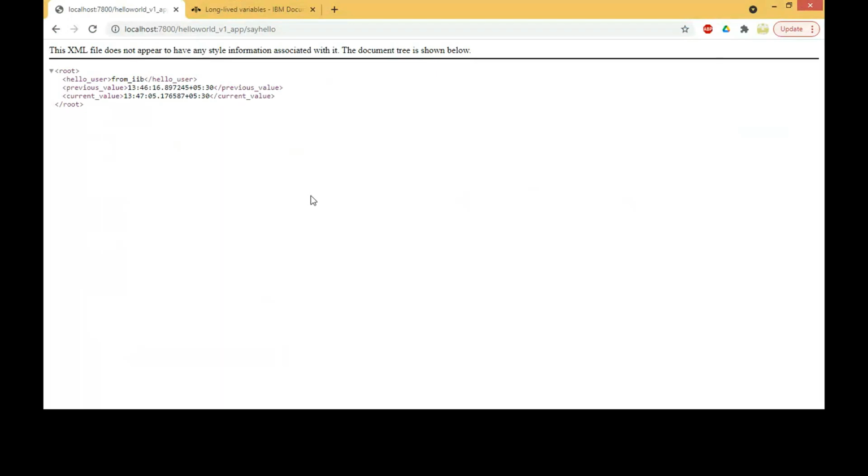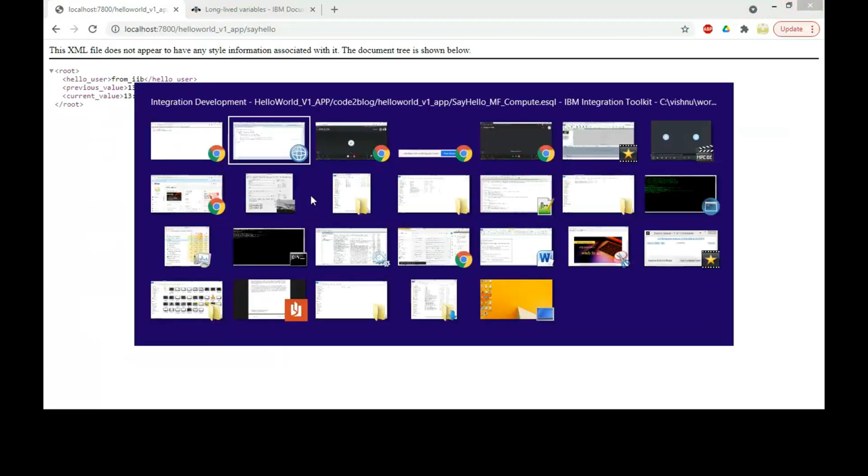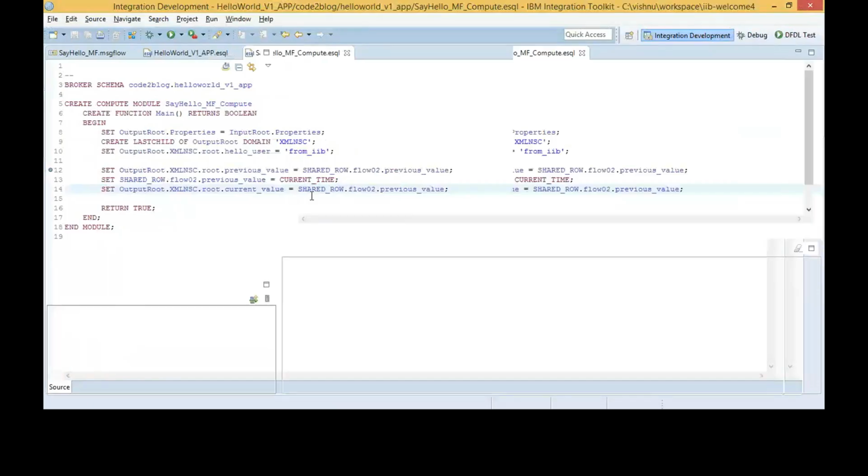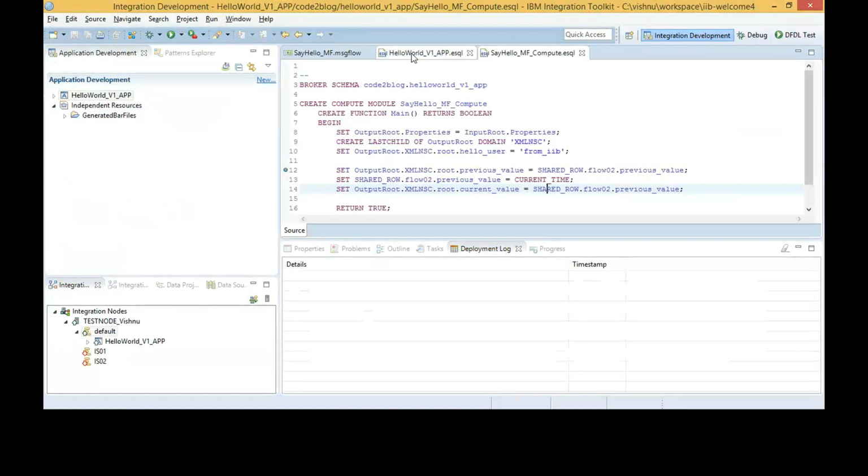To recap, you cannot access a shared row's value from another flow. You can only access the stored value from the flow where you have written that data. If you write, you can read. If somebody else has written it, you cannot read.